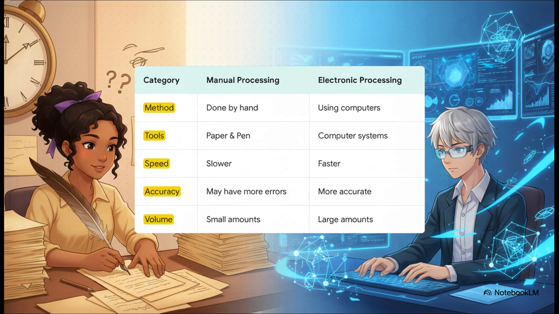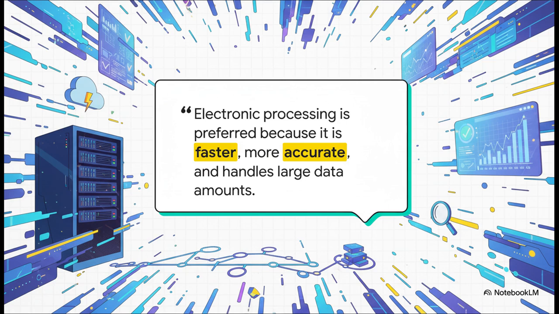Electronic processing, though, that's the game changer. It uses computers. It's lightning fast, incredibly accurate, and it can handle just massive, and I mean massive amounts of data. And all of that really points to one obvious conclusion, doesn't it? In today's world, electronic data processing is pretty much the only way to go. Why? Well, because it's faster, it's way more accurate, and it's built to handle the huge amounts of data that